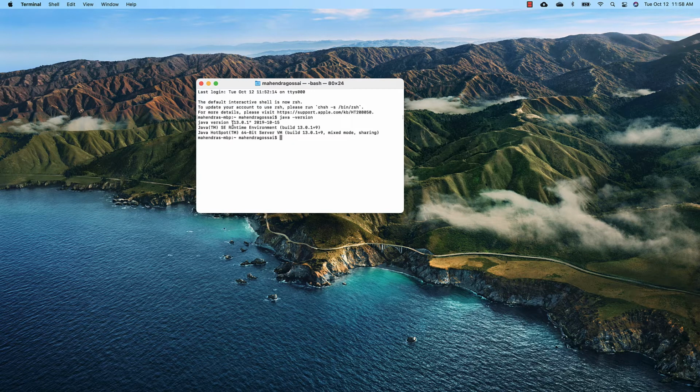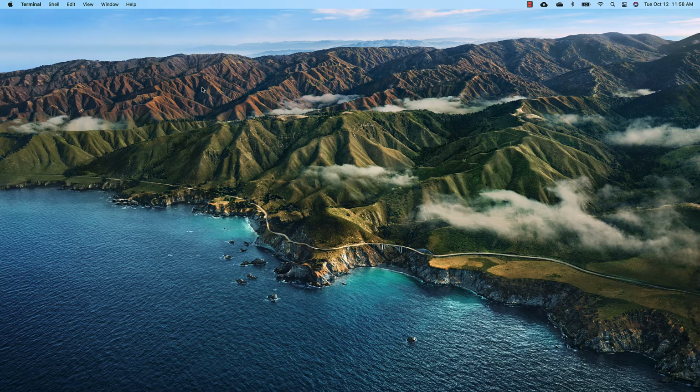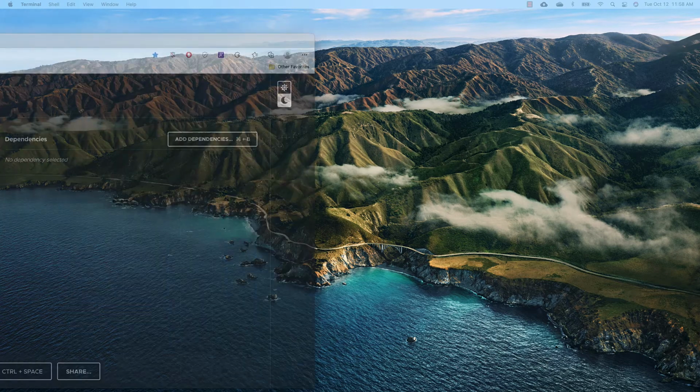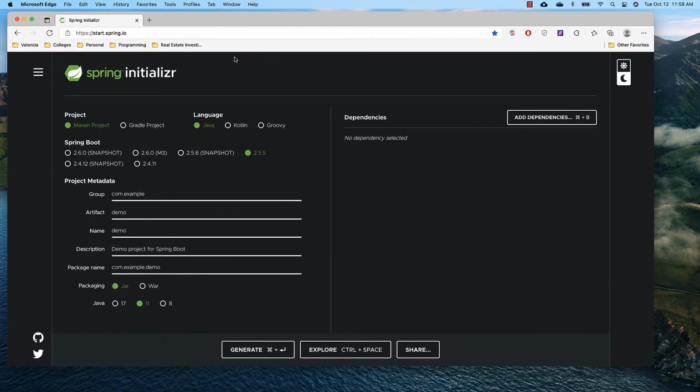Now I have 13 installed, so that's really important to remember. So whichever version you have, just make sure you note that. Now that I know which one I have, I'm going to close off my terminal. The next thing I'm going to do is go to the website